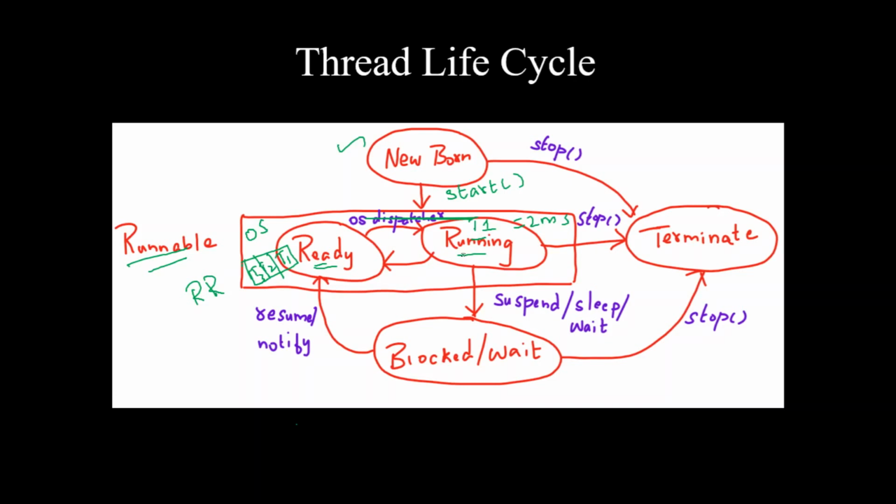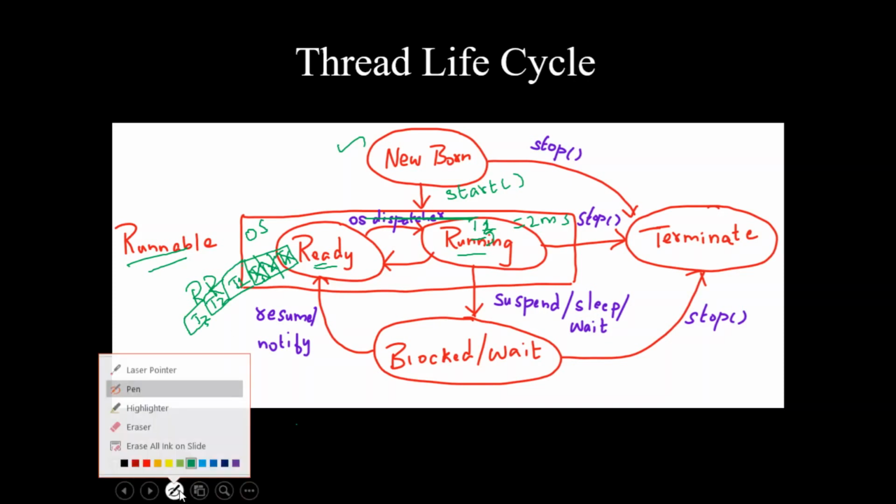Once this 2 milliseconds is over, it will keep T1 at the end of the ready queue. Now, who is in the front of the ready queue? T2. So the processor will execute T2 for another 2 milliseconds. Once the time has elapsed, it will keep T2 at the end of the ready queue and take the next thread, that is T3. Again it will execute T3 for 2 milliseconds. Once the duration is over, it will keep T3 at the end of the ready queue, and again it will fetch T1. So this process continues until the particular thread finishes execution, or it enters into a wait state, something like that.